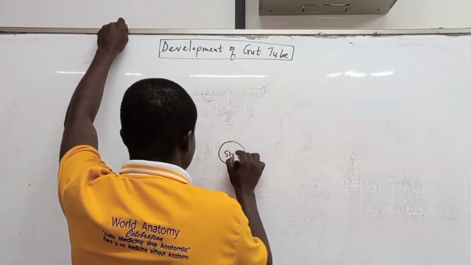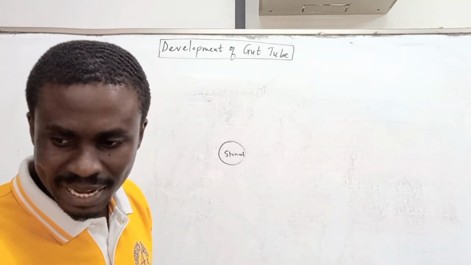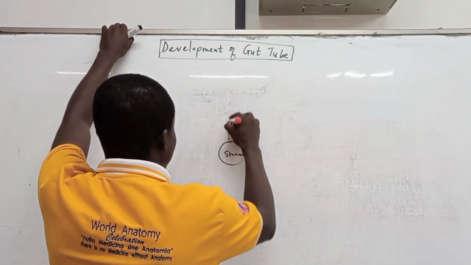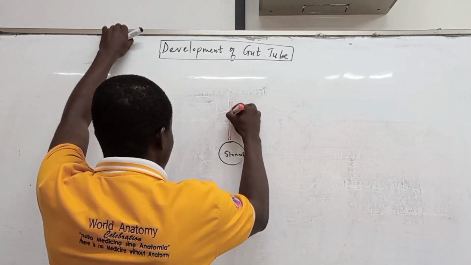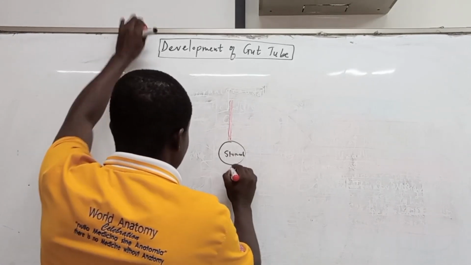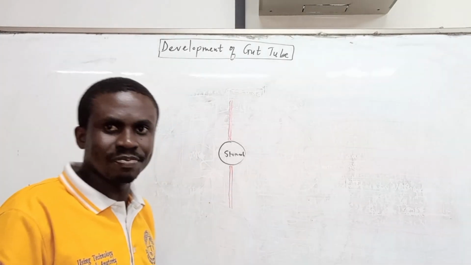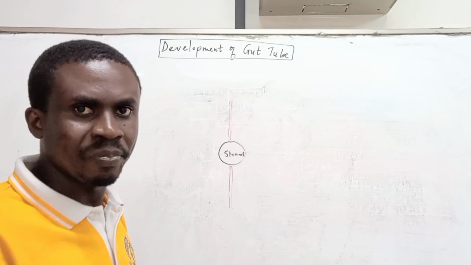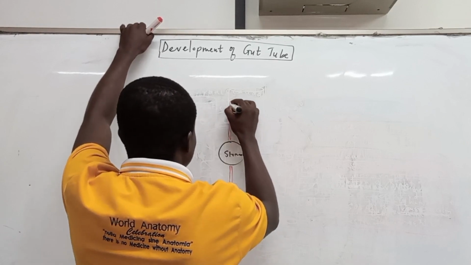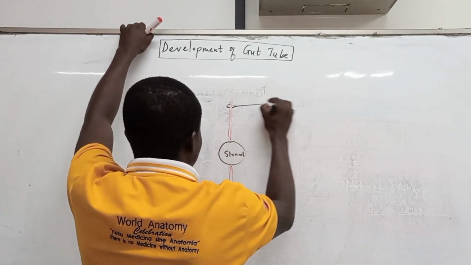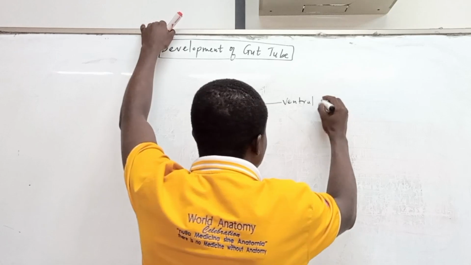Now let's say this is the stomach. Okay, now one thing we know about the stomach is that it presents with some folds of peritoneum, mesentery, and one thing that we find about it is that it will have this one over here. This is the ventral